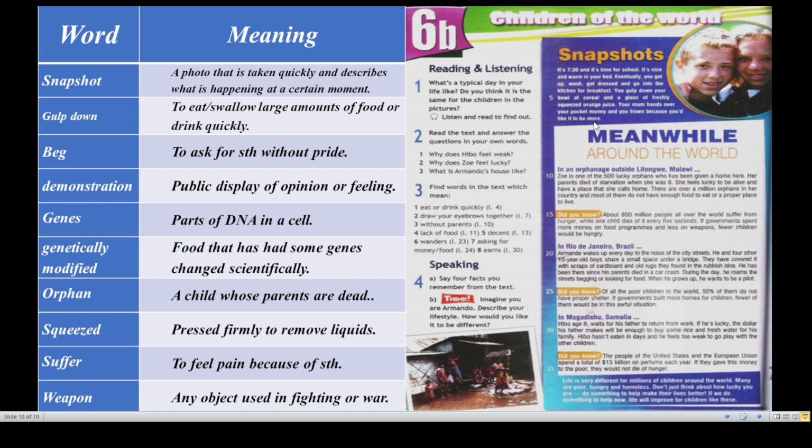So this snapshot shows a moment of someone's life. Meanwhile, around the world, at the same time around the world. So this one has the one about whom the writer is talking here has a